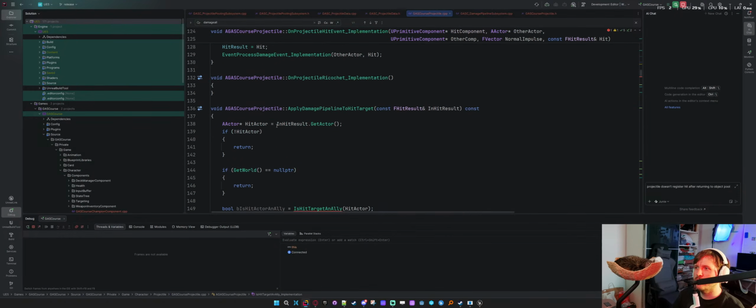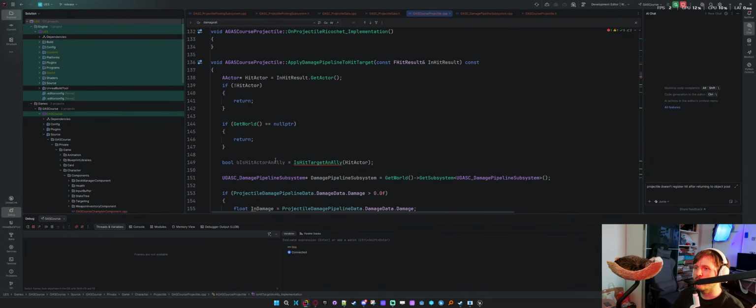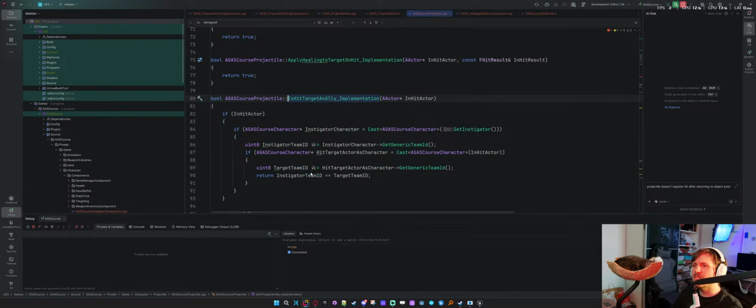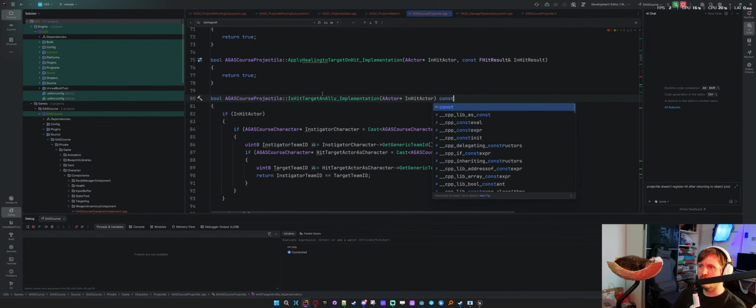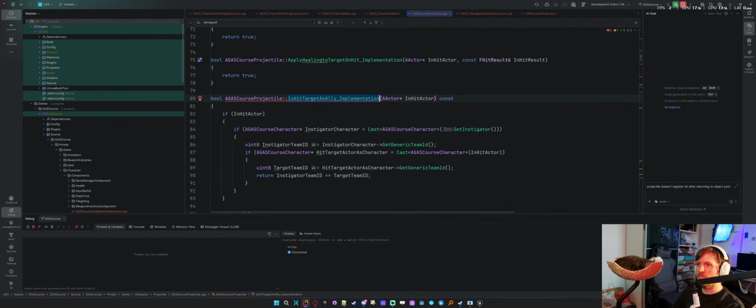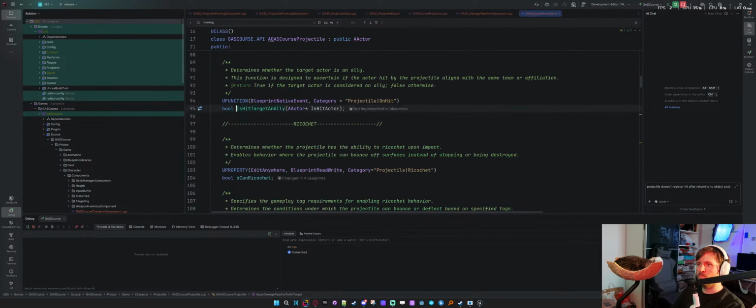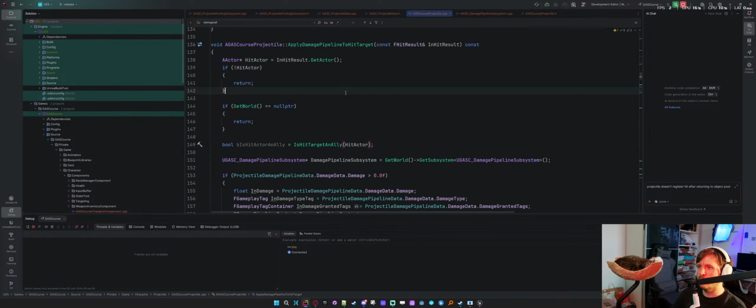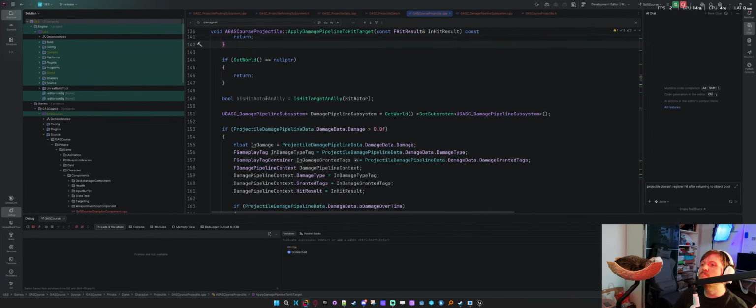Guessing because this is... I mean, can I do this inline? Speed const? Looks like it can. And then